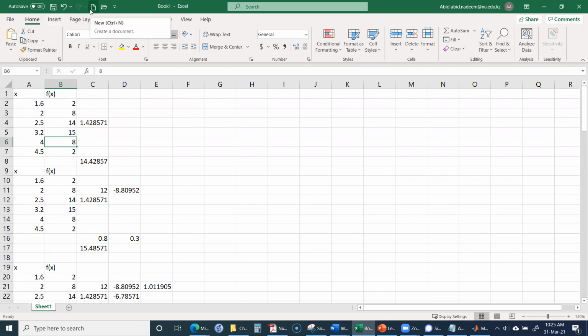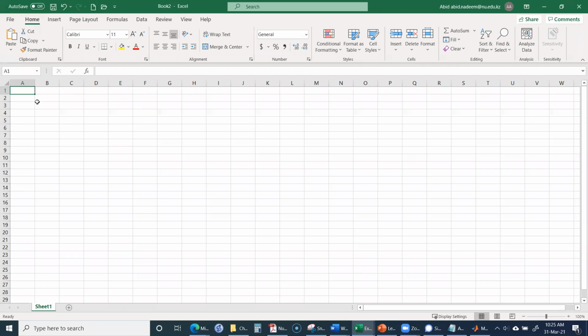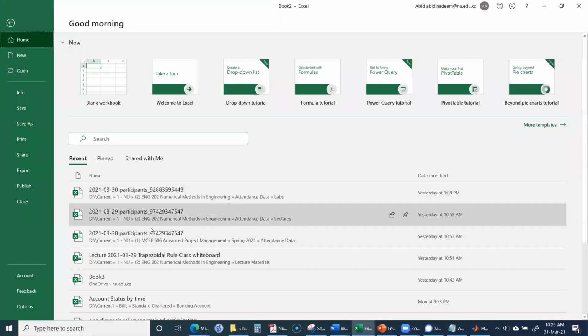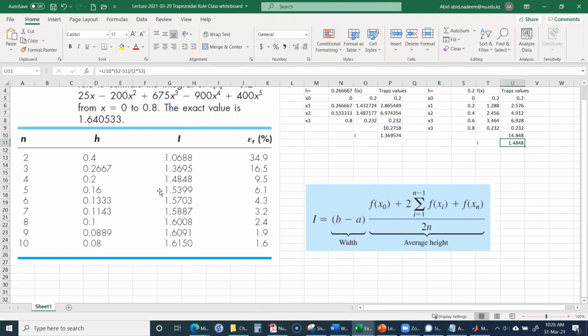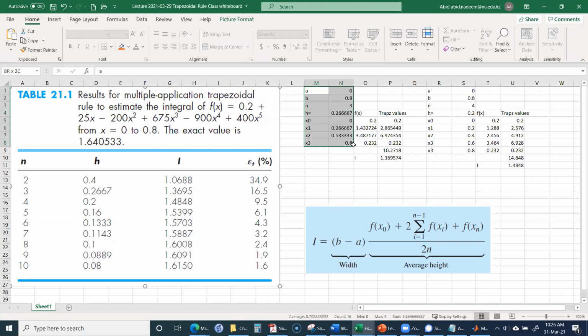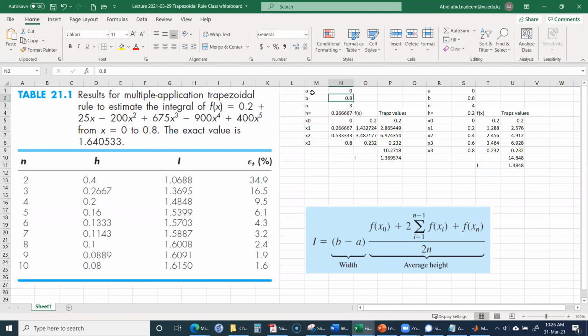This is something else I did before with the trapezoidal rule. So for the Simpson's rule,